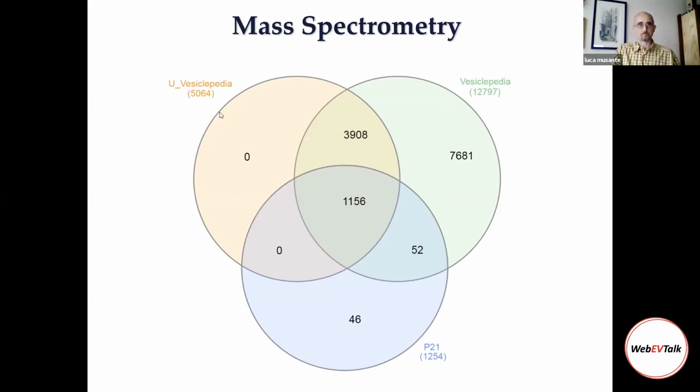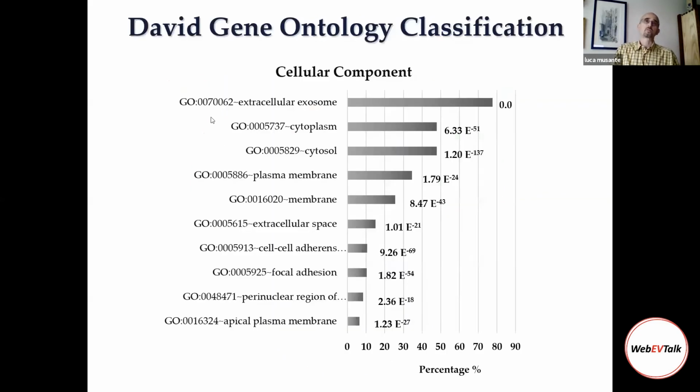More specifically, we did a gene ontology classification for cellular component using the DAVID algorithm. On top of the list, we can find extracellular exosome with a good score. So if you ask me, do we have exosomes in this pellet? The answer is yes, from the mass spectrometry analysis and also from some Western blot detection of TSG101 and CD9, independently from the presence of THP